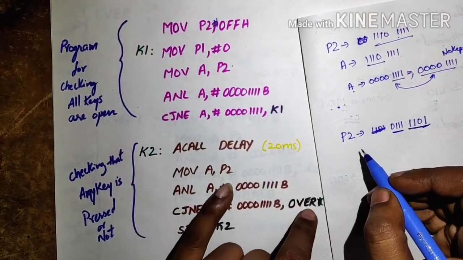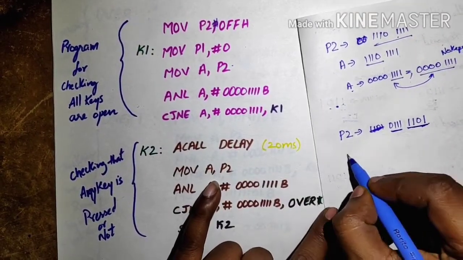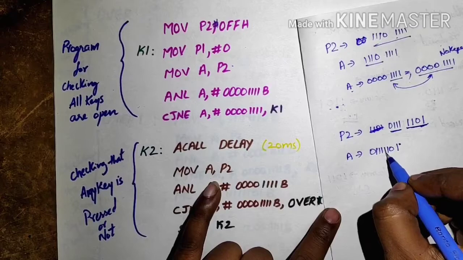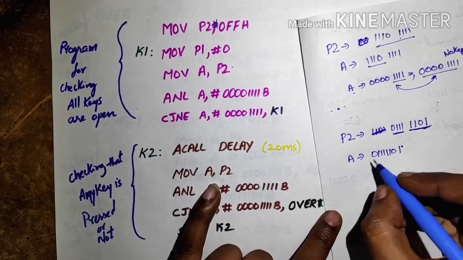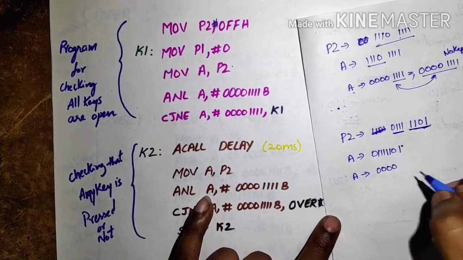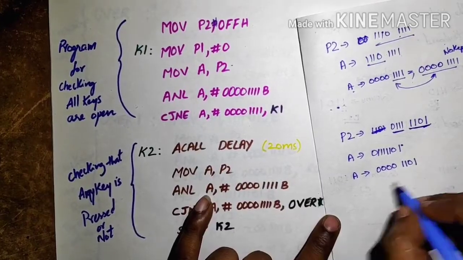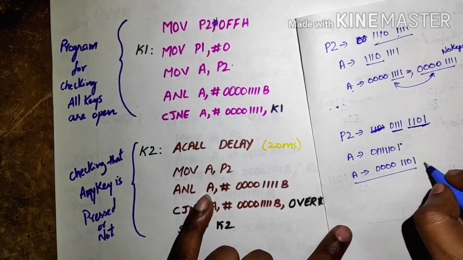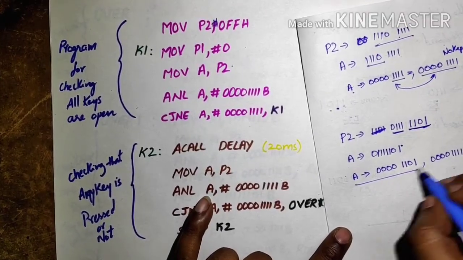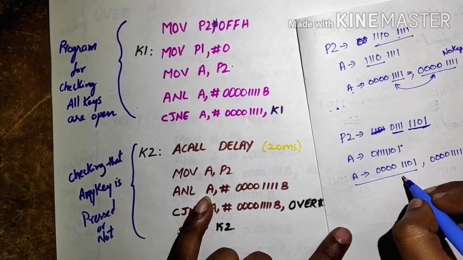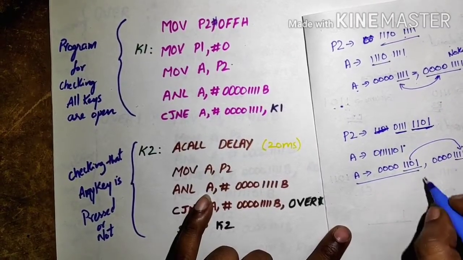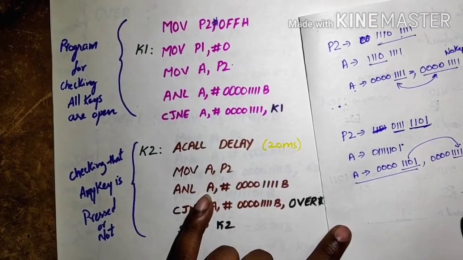Now we are moving these values to the accumulator. The accumulator value will be 0111 1101, same as P2. After this we will mask the accumulator, which means the MSB bits will be zeros and the LSB bits will remain the same. Now we verify this against the no key press condition, 0000 1111. As these two values are not equal, because there is a difference for this bit, our program will